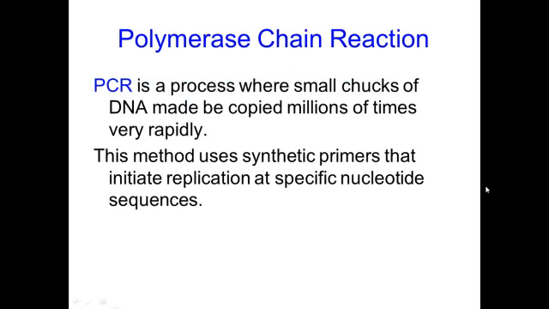Another technique that we use is called polymerase chain reaction. A polymerase chain reaction is when we make millions and millions of copies of a small segment of DNA. They do this because on that gel electrophoresis, you need to have enough DNA so that you can see it when you stain it or when you intercalate it. So you need to have lots of copies of it, and you go through a process called PCR.